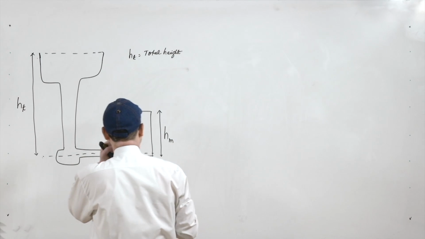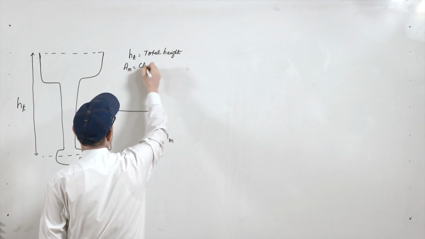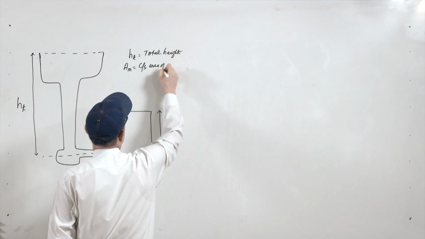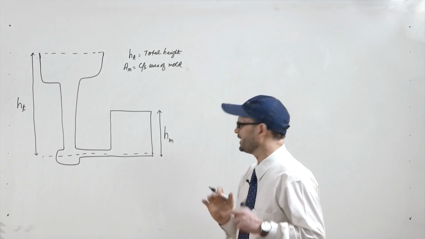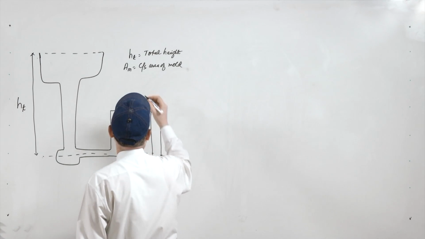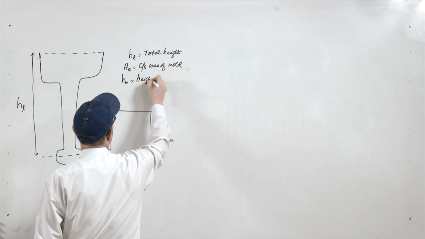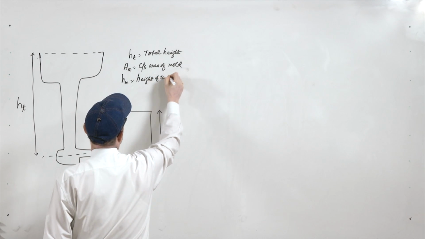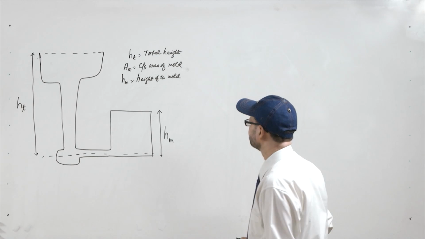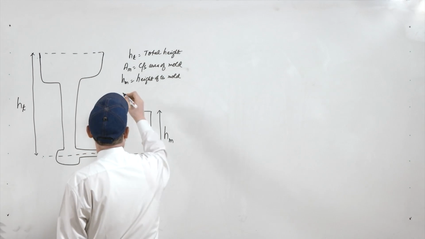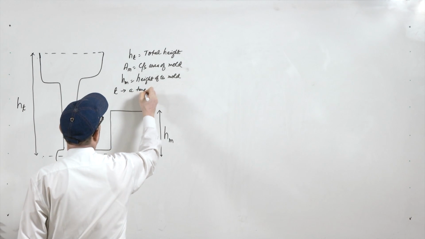Then you have AM as the cross sectional area of the mold or the cavity, this portion which is to be filled. HM is the height of the mold, which is to be filled. T is basically the time elapsed